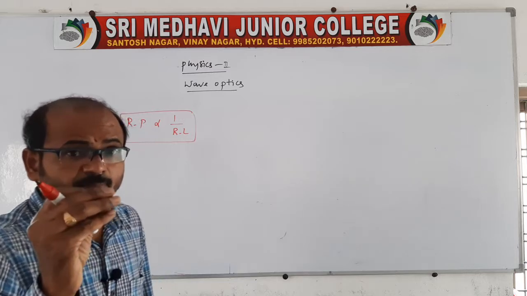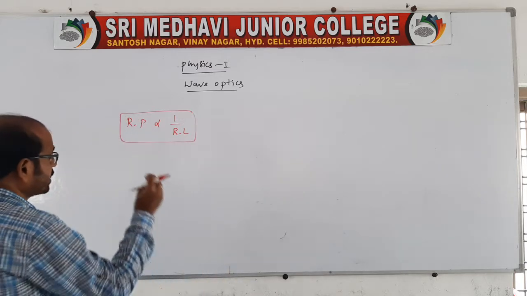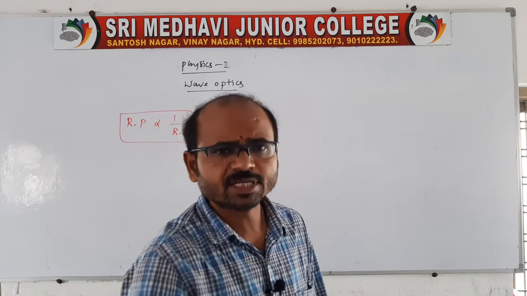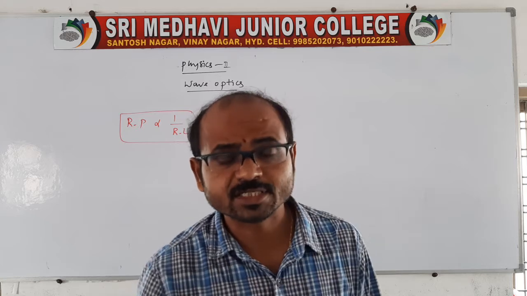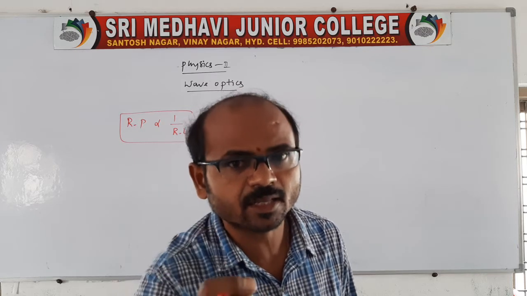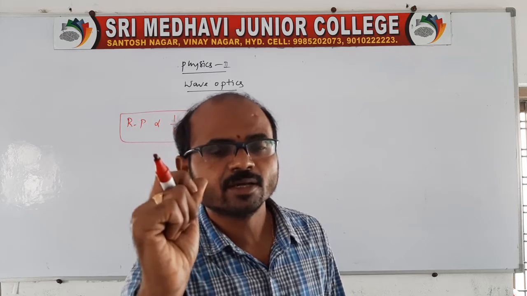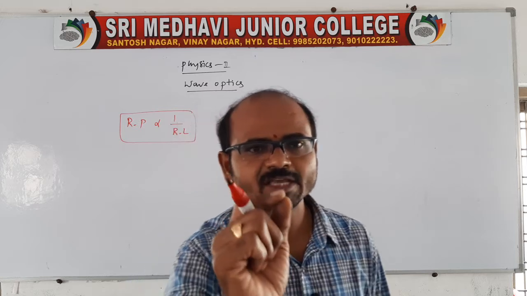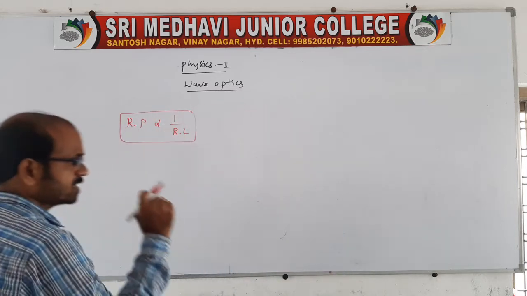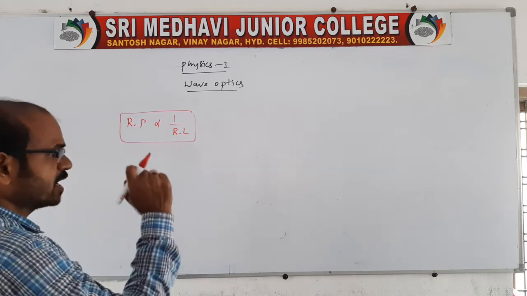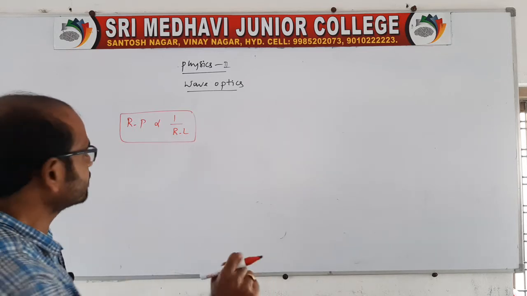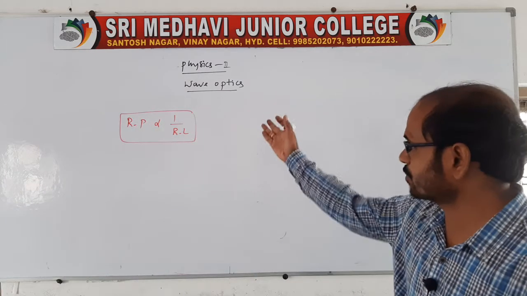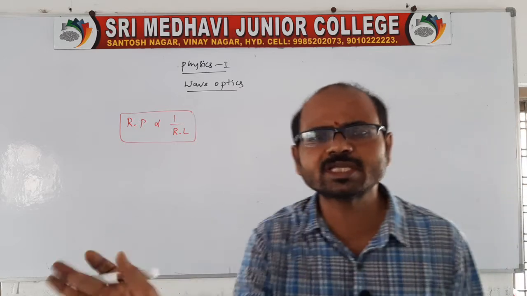It is subtended by an angle at the objective lens, because in a compound microscope we have 2 lenses, and in a telescope also we have 2 lenses. So the smallest angle subtended by the object at the objective lens is what we call the resolving limit. Resolving power is inversely proportional to the smallest angle subtended by the object at the objective lens, that is, inversely proportional to the resolving limit for both instruments.